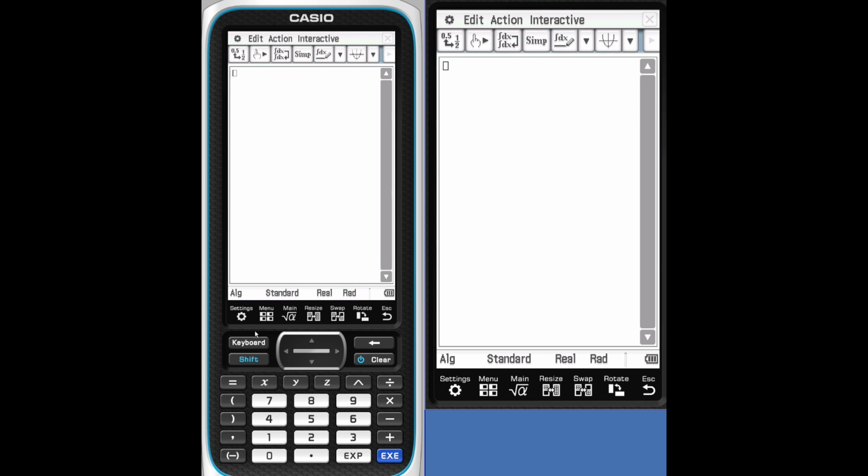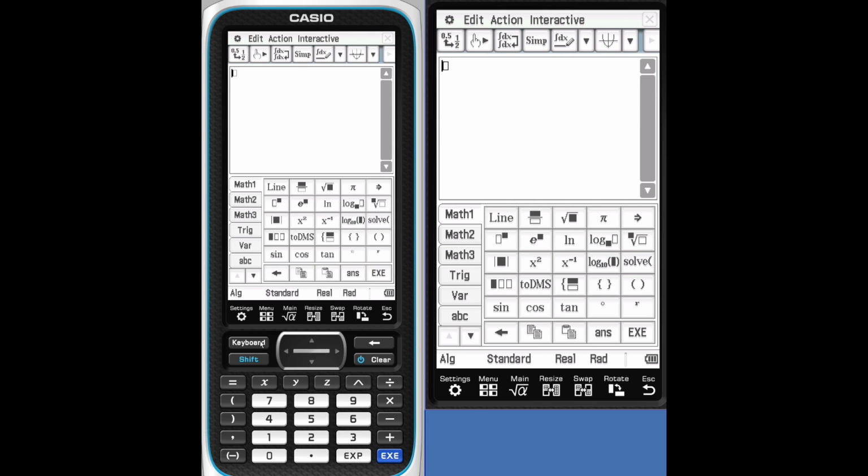Since this is an intro, let's take a look at the keyboard. Keyboard is where you have all of your keys. Since you notice the keys do not have overlays over the top of them, all the keys have been stored in the soft keyboard. You can get there by pressing the keyboard key. Here you have folders which have different mathematical symbols and different mathematical operations.